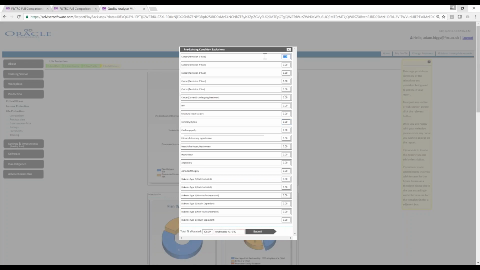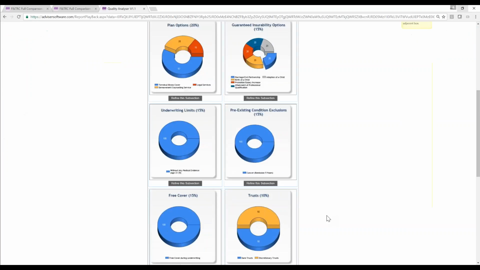So for example, if I had a client who had cancer, has been in remission for over 5 years, I could weight that, submit it,